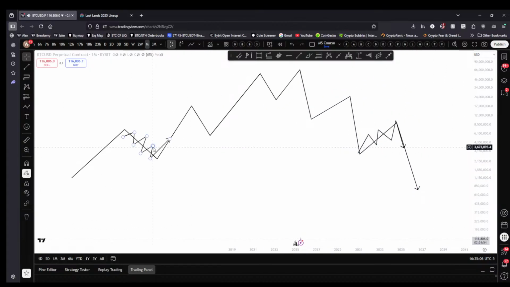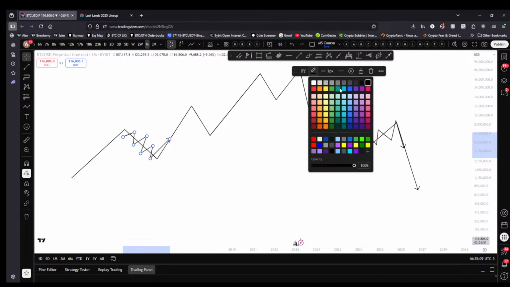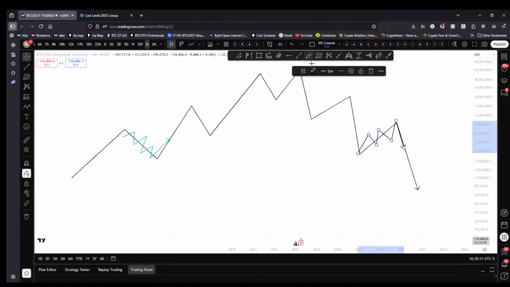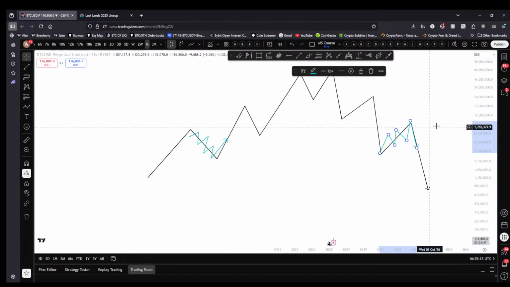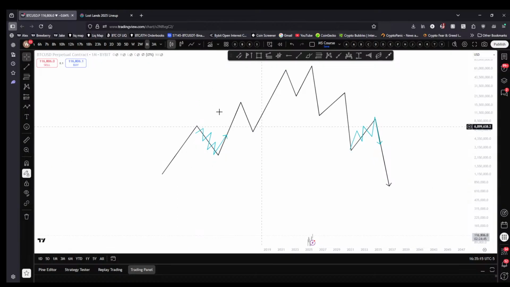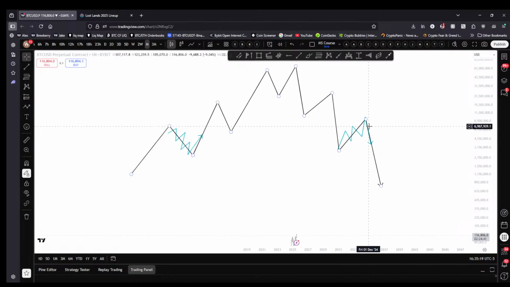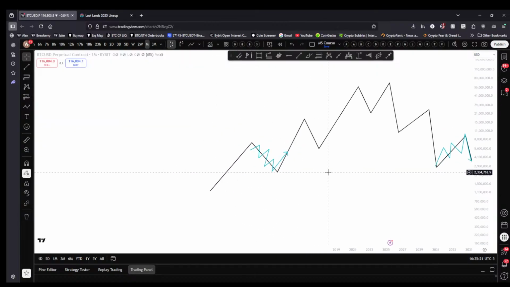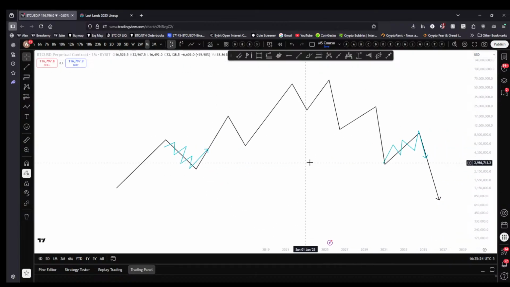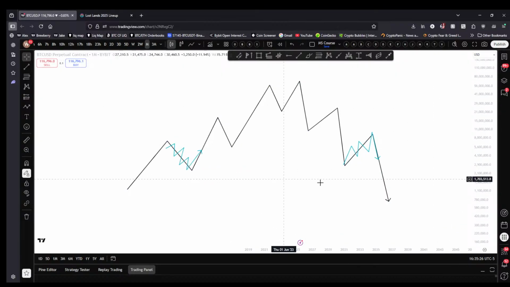Right? Let's make these teal. So there's structure going on within structure all the time. Why is that important, right? Well, that's important because you want to trade when your large time frame structure and your smaller time frame structure